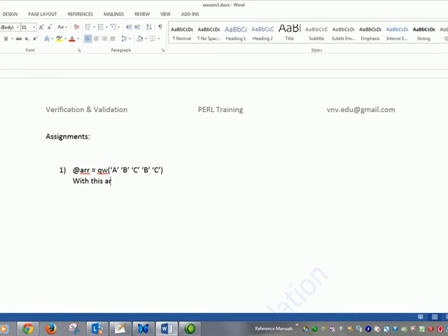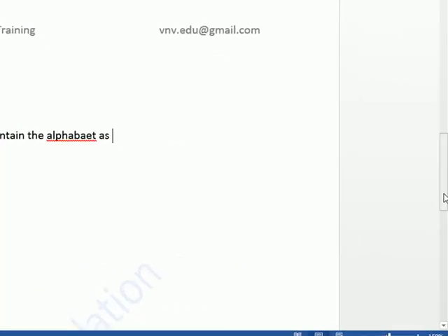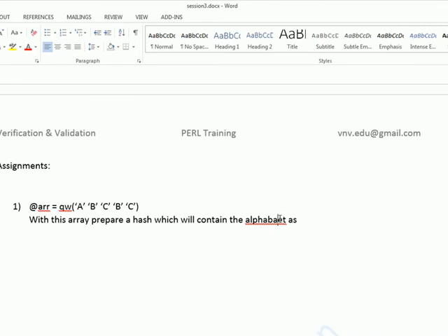With this array, prepare a hash which will contain the alphabet as the key and the number of occurrences as its value.